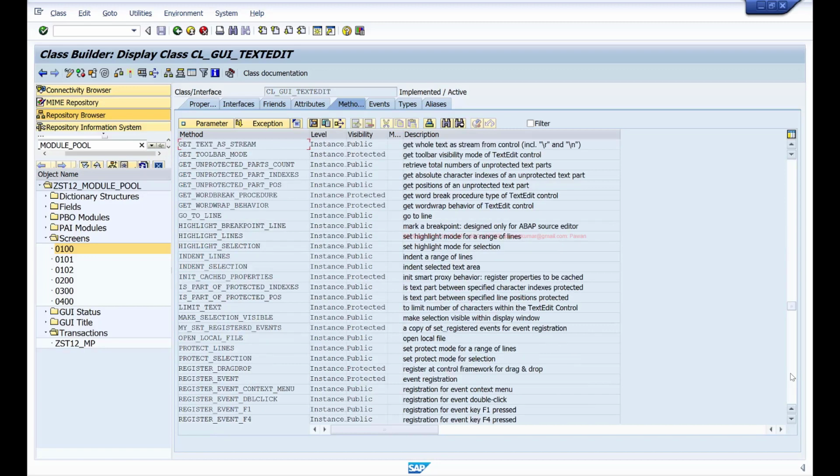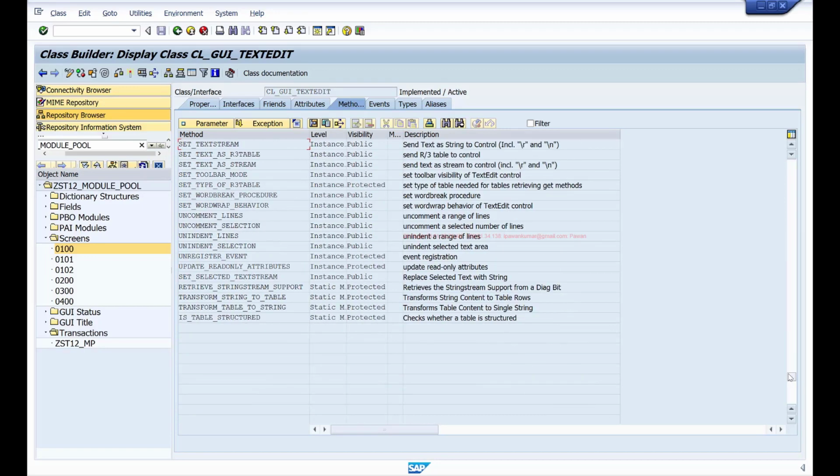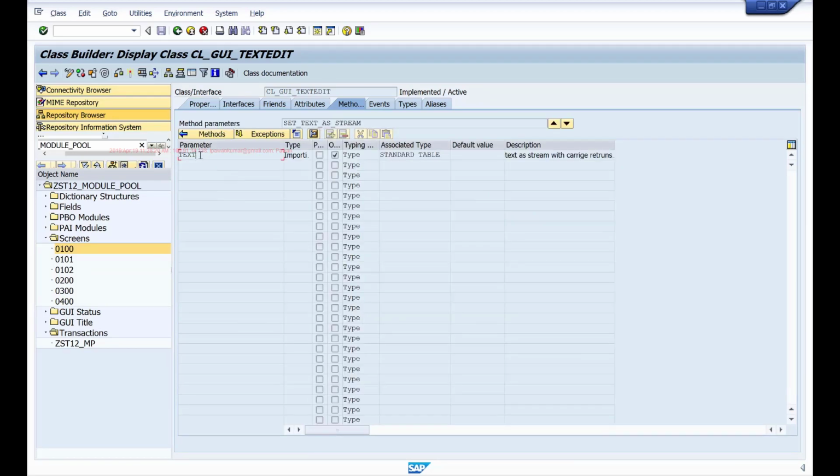And one of the methods I'll be using is set text as stream. So using this I can pass some text and it will be displayed in that text editor. And this has one parameter text which is a standard table. That means it just has one field called line, and in that line you can pass your text.